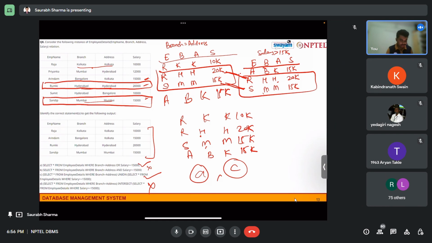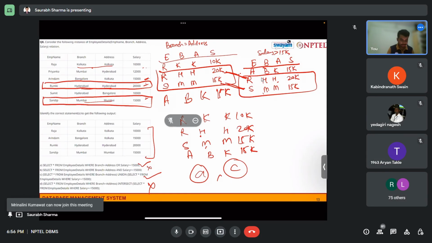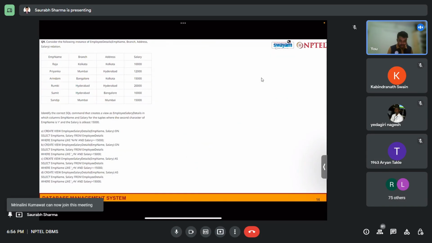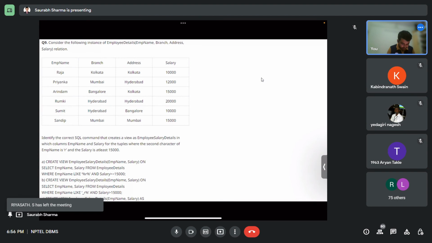I think it was a very simple question. You can see from this table only, for union and intersection you can create this kind of table. That will be helpful. Coming to the next one, this is also for pattern. Okay, so we have given